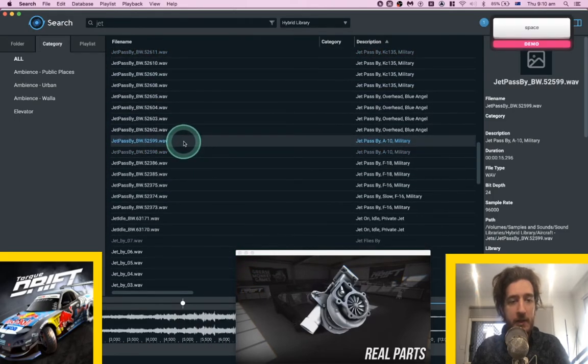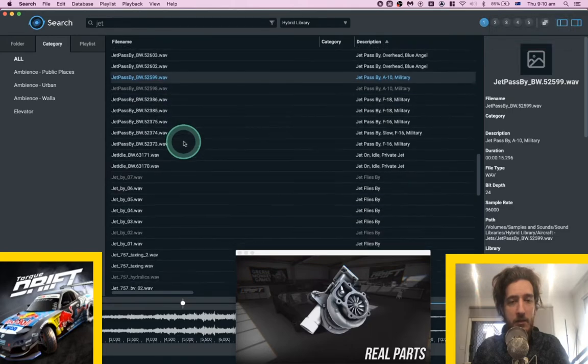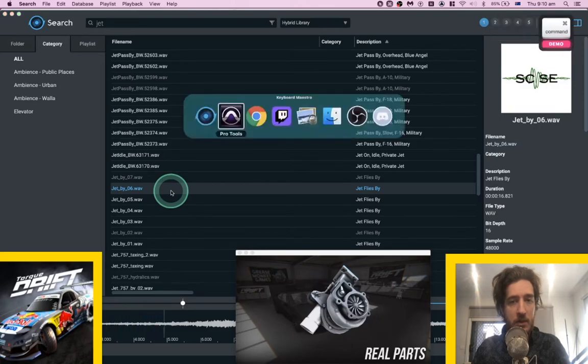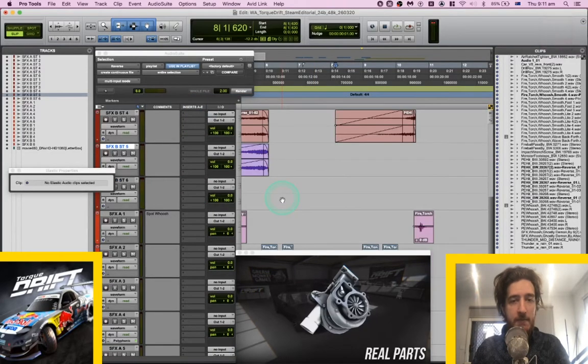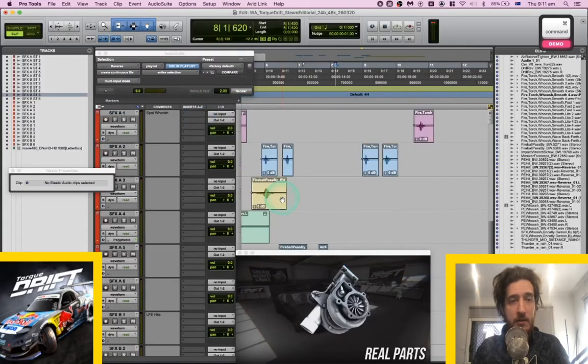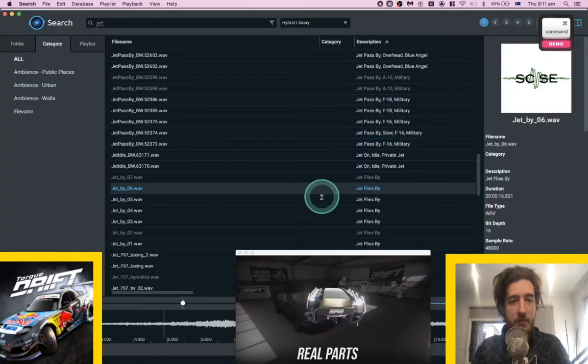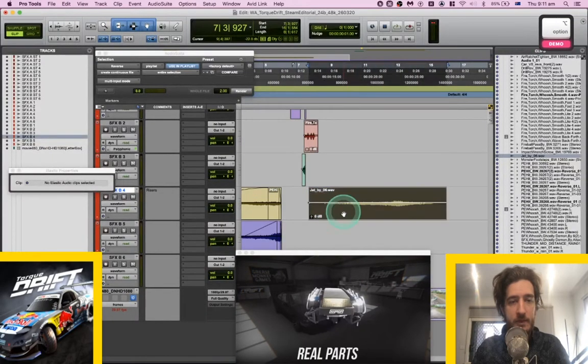Thought this was going to be really easy. These jets, but... Maybe I just need to put them in, and then we'll be able to do something with them. So long. They're so long.